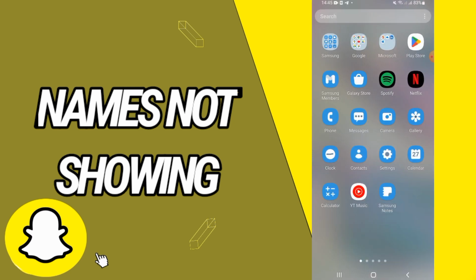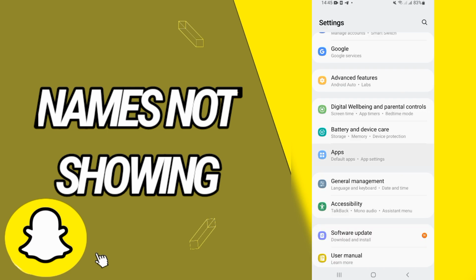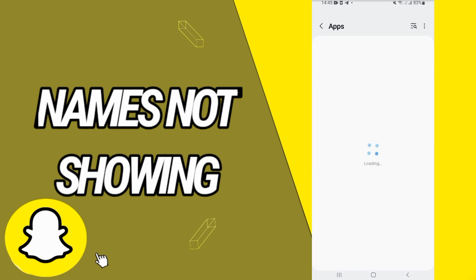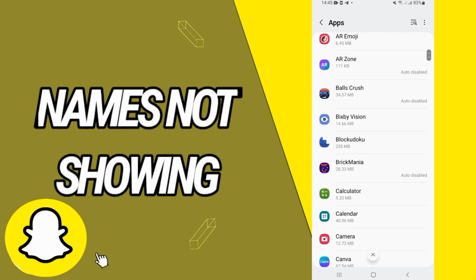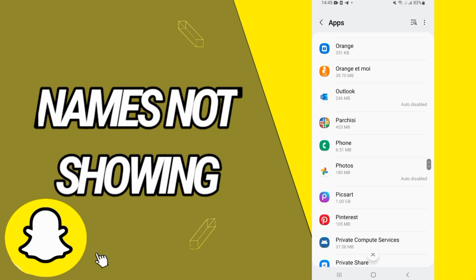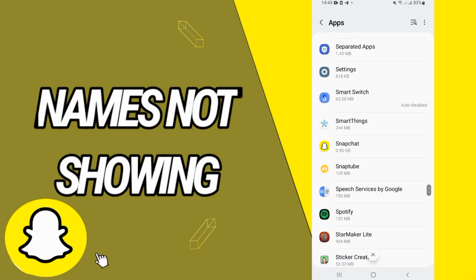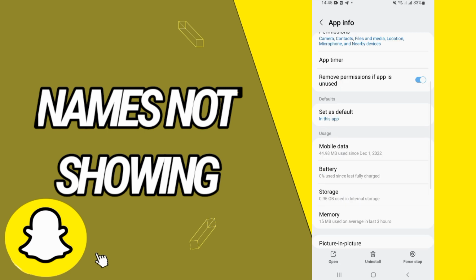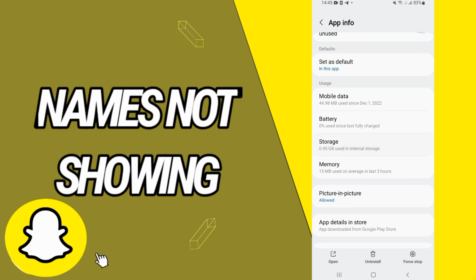So let's start. First, you will just open the settings of your phone or your device. Then you will open apps or application, and you will search for Snapchat here. When you find Snapchat, guys, you will open it like this, and here be careful, go to storage and go